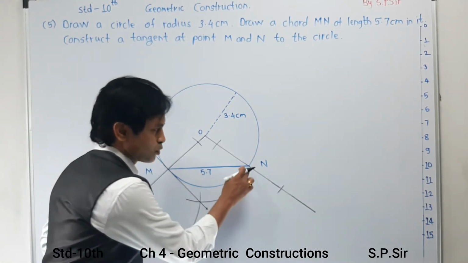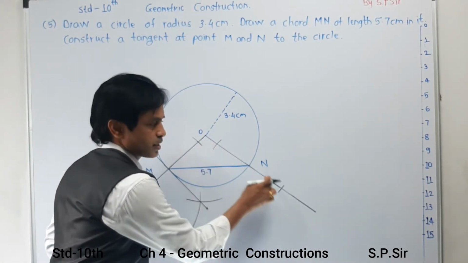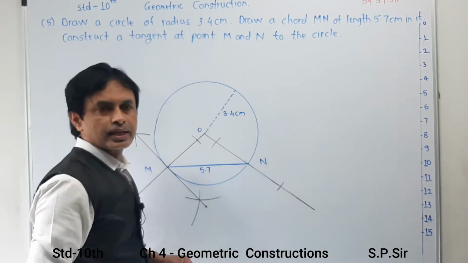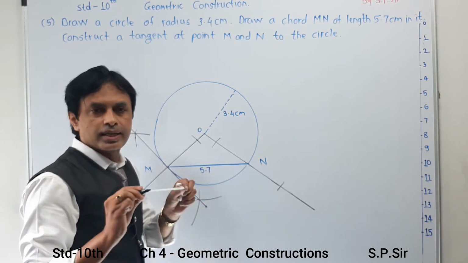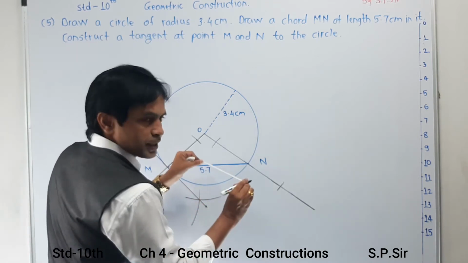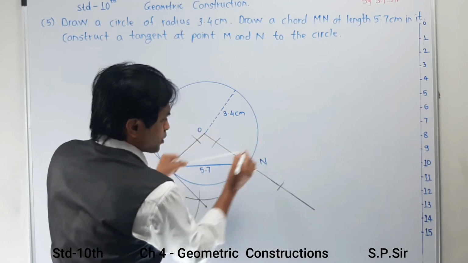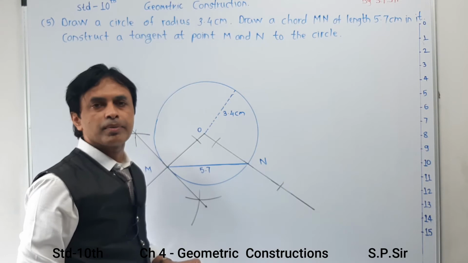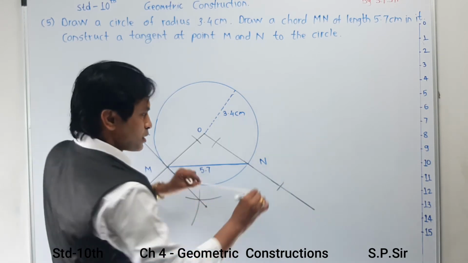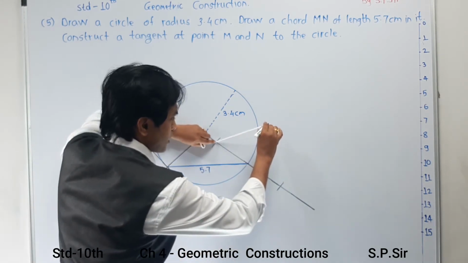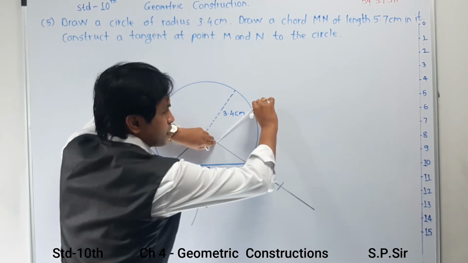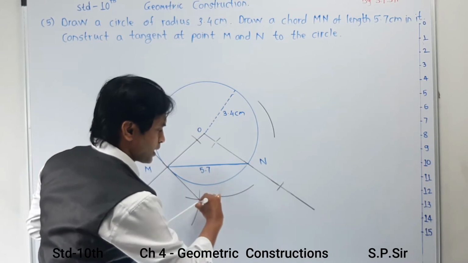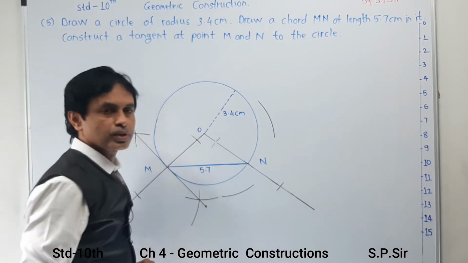Now as you have made 2 marks from N, one inside the circle, second outside the circle, keeping that reference over here, you have to increase a distance in your rounder, and with some fixed distance you make 2 marks. Now 1 mark is over here, second mark is over here, and that will act as your reference point. So keeping this point, make the first arc over here, second arc over here. It may be possible that these 2 arcs have an intersection over there.